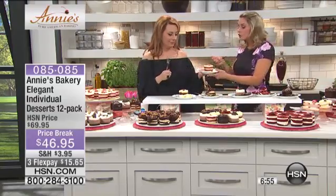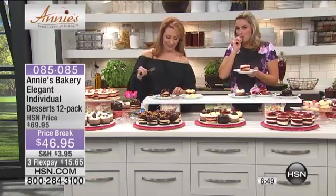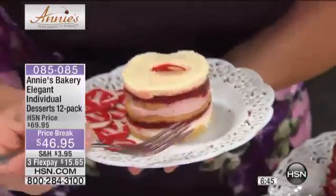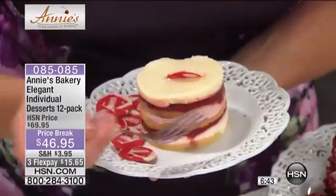I love them all, but I want you to know that this is a really light... I think the peanut butter might be my favorite. So I'm going to move the peanut butter over here. I don't blame you. What I love about the strawberry cheesecake is that it has this seedless raspberry puree in